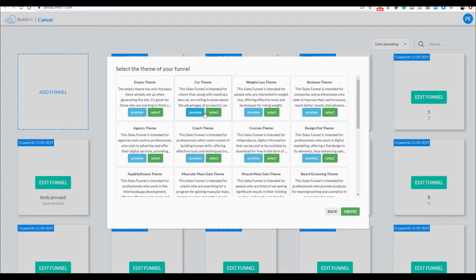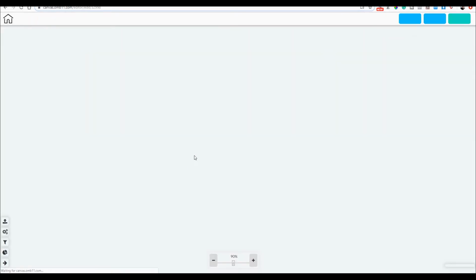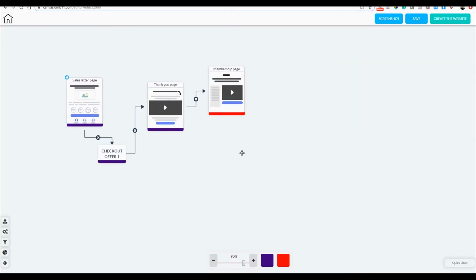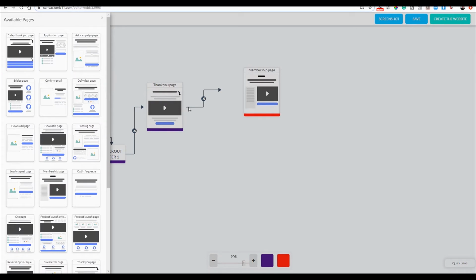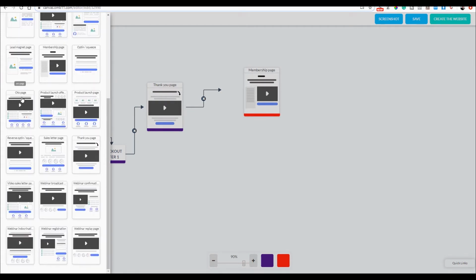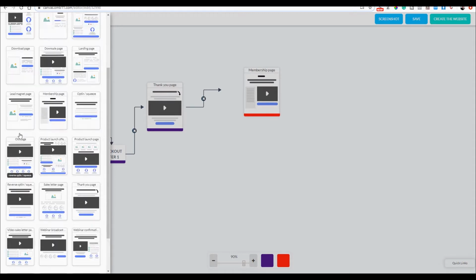The next step is to choose a theme. When you choose a theme, the same consistent design will be used across all your pages. I select Agency Theme. And here is the membership blueprint that I can customize to my needs. By clicking here, I can add more pages, landing page, OTO page, webinar, or any other.